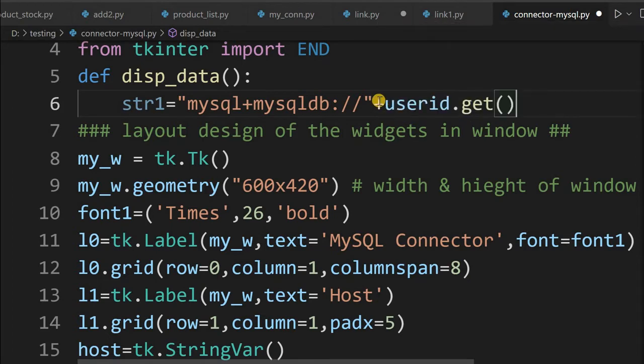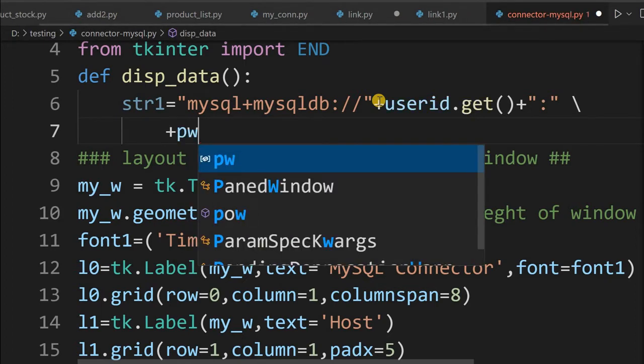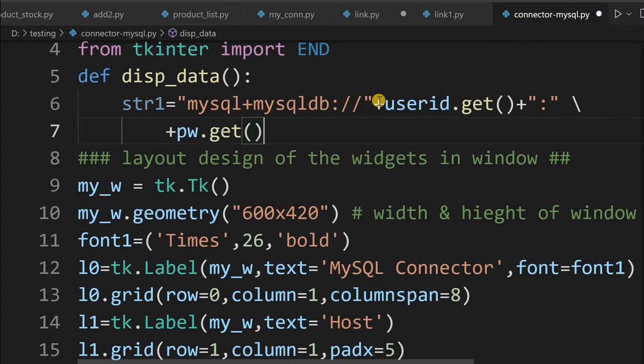I am giving user ID get, so the user ID will be placed there. Plus I am adding again a string, now this colon. Now I'll go to the next line, continuing with the string only. pw.get, this is the password I will get. Again, pw is the string variable I have used.